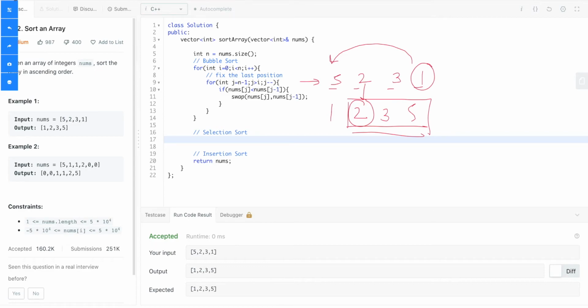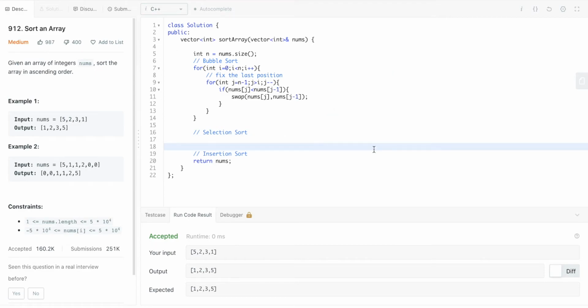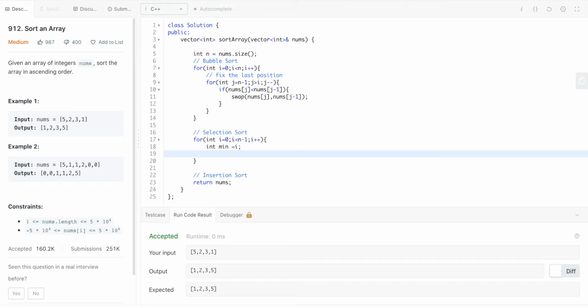Okay, let's try to implement this algorithm quickly. Selection sort will also involve two different loops. The outer loop will run till n minus 1, mainly because we don't want to fix the last element. If n minus 1 elements are sorted, the last element will already be in its correct position. So let's define a variable min, which assumes the minimum element is the first one.